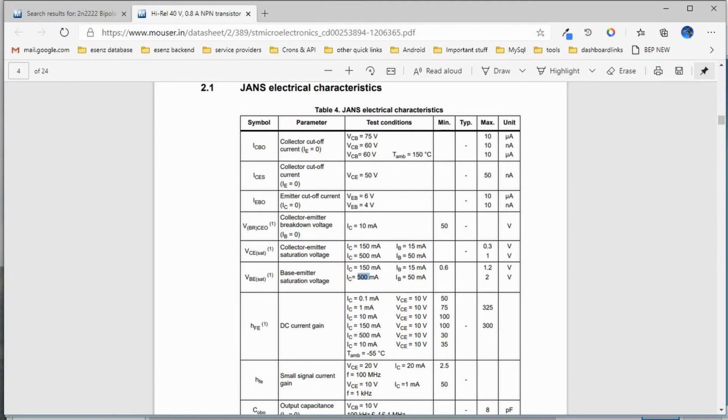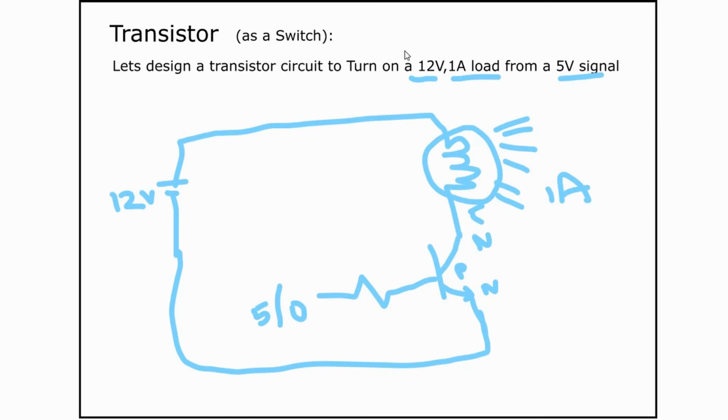Okay, now let's get back to our design sheet. Now I'm going to change this to 0.5 amps. Now from the data I'm going to apply 5 volts here from my microcontroller. Then from the data sheet we know that this voltage is going to be 2 volts. So I have to limit my current to 50 milliamps. So I'm going to apply KVL.